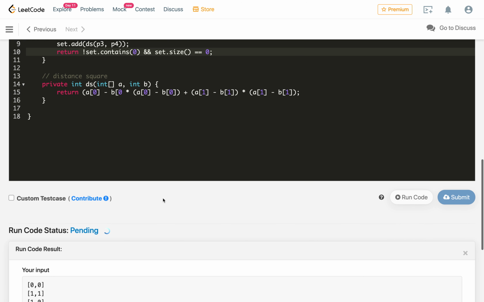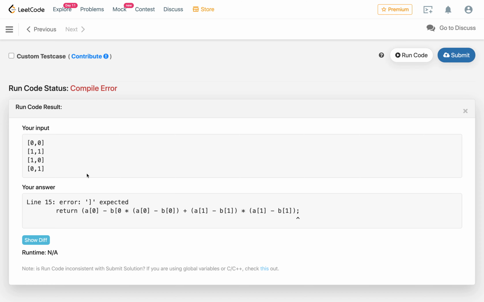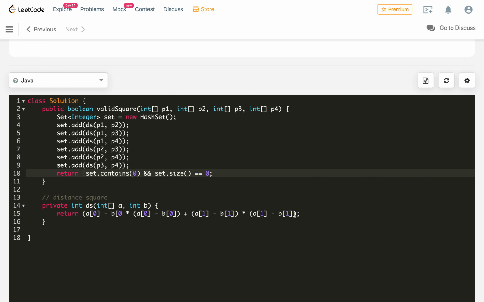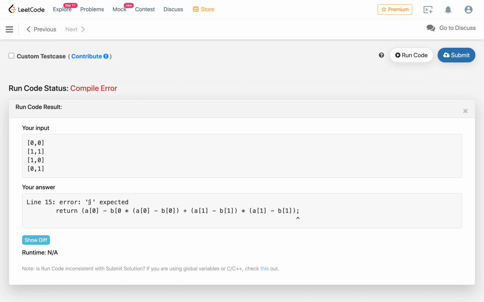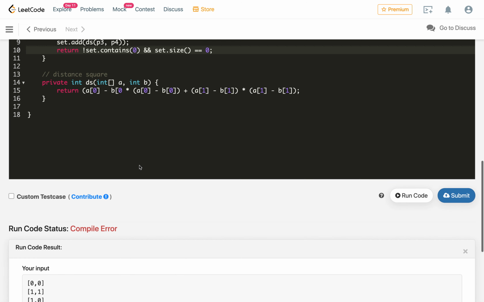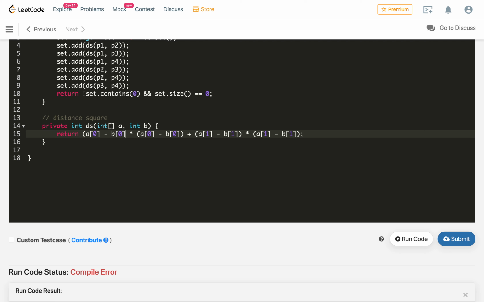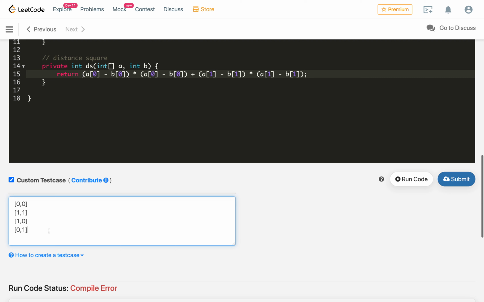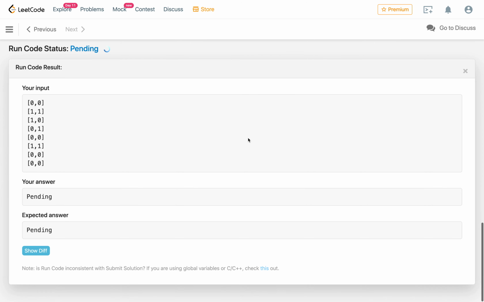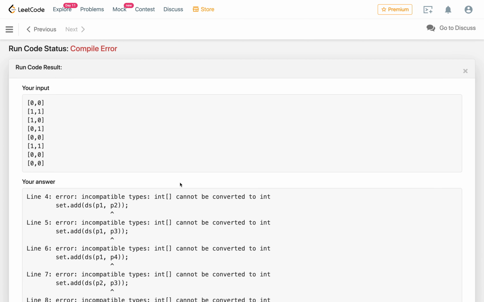So let's see whether it is compiling. Oh, there is a typo. Here we need to close this and then put this. Once it's done, let's also test another test case where, as we understand, 3 points are 0, 0 and 1 point is 1, 1. That should not form a square and we should get the expected answer.